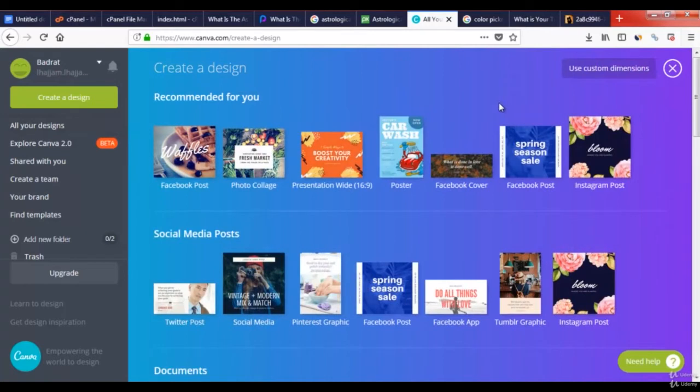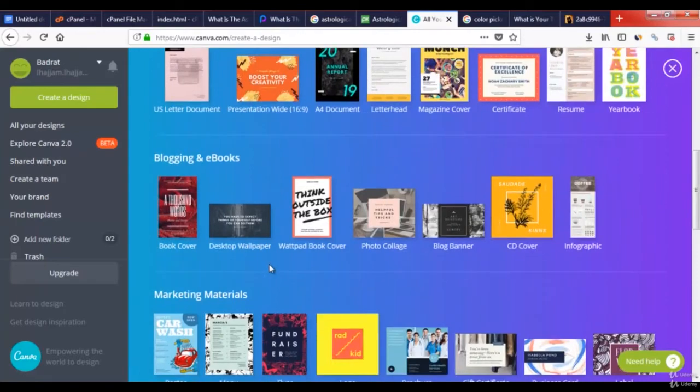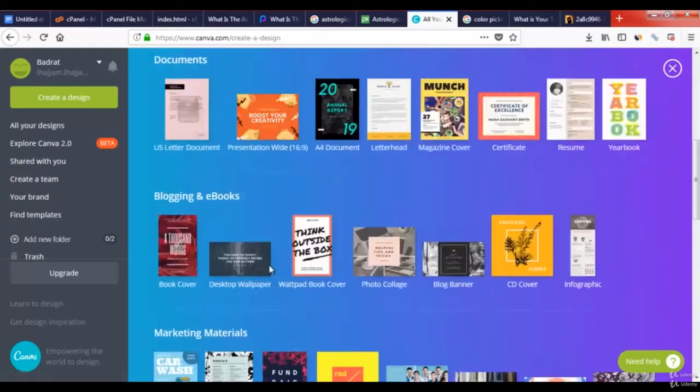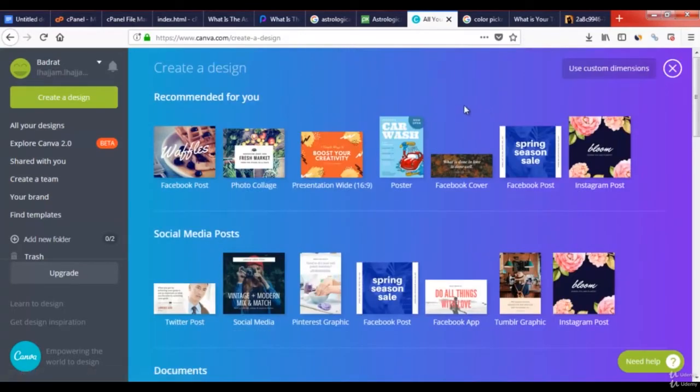There are a lot of different design templates you can choose. If you are on Facebook, there is a template for Facebook posts, Instagram, Facebook ads, and a lot of useful stuff, and I'll let you discover those by yourself. What matters to us right now is use custom dimensions button on the top here. Click on it